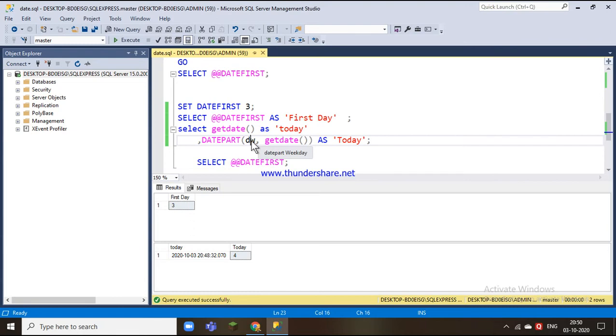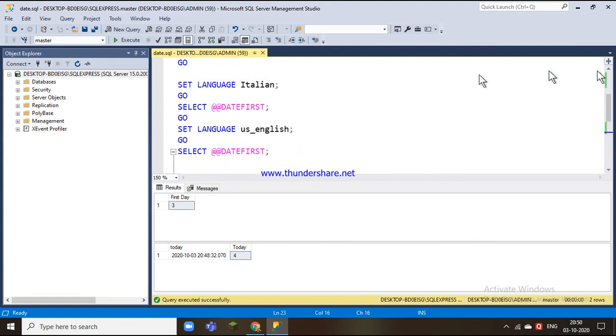Here I have given DW, meaning which weekday. It is the 4th day of that particular week. This is how the DATEPART function works. GETDATE returns the current date of that particular system.